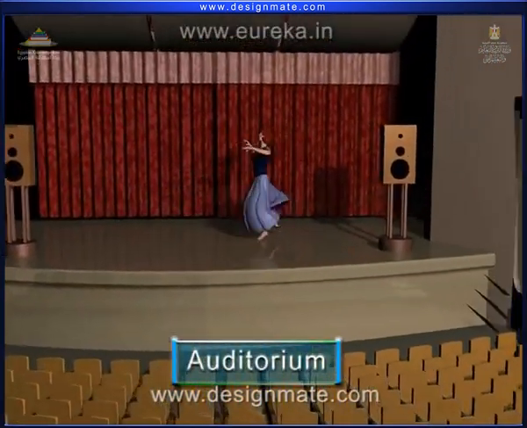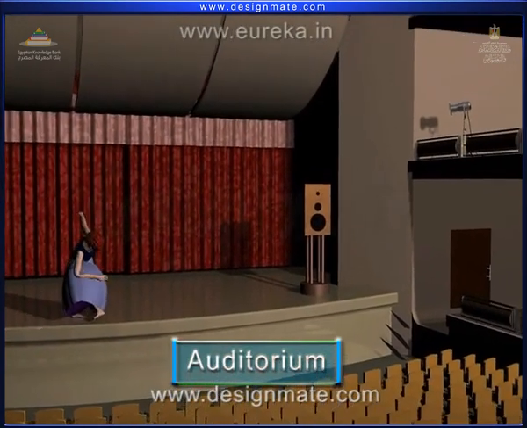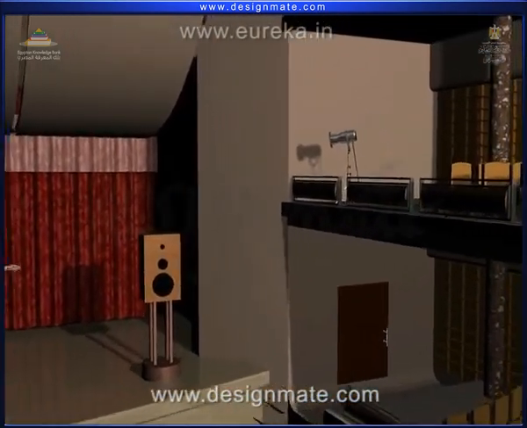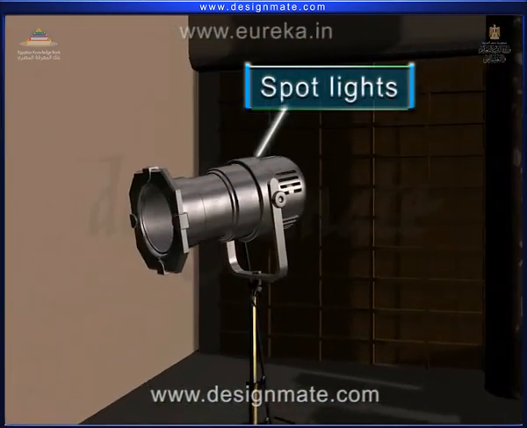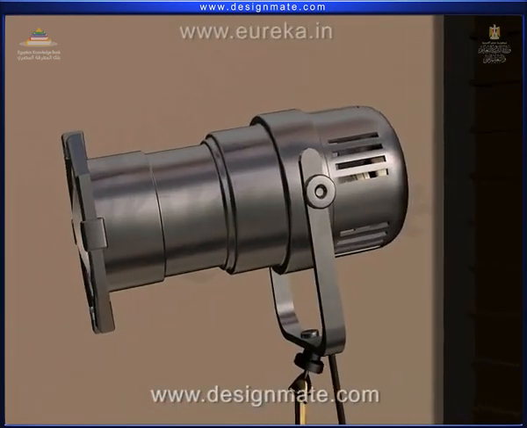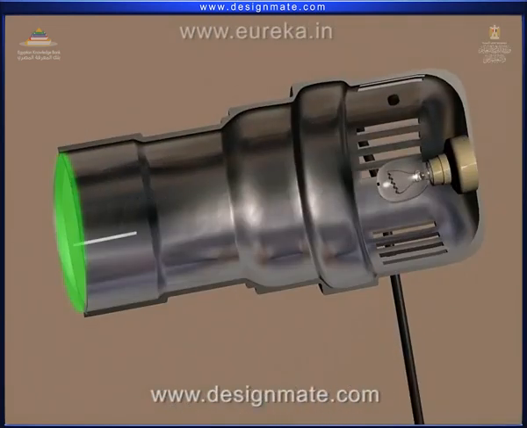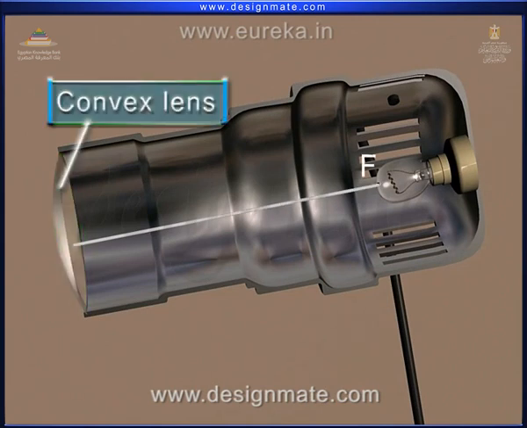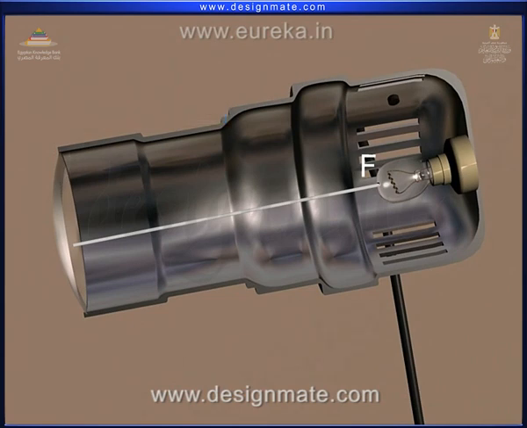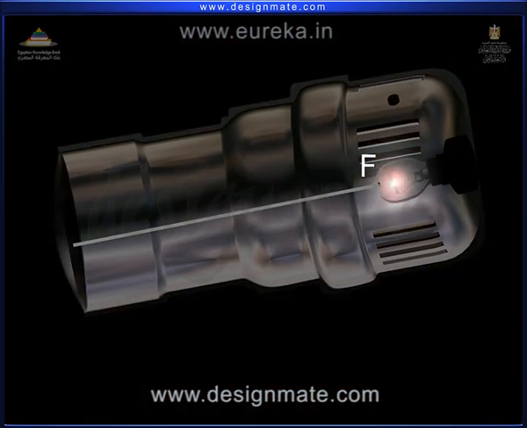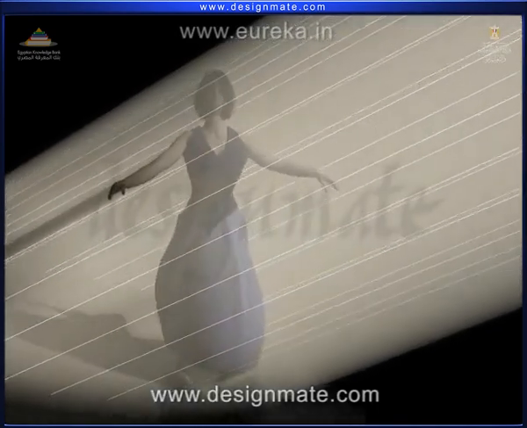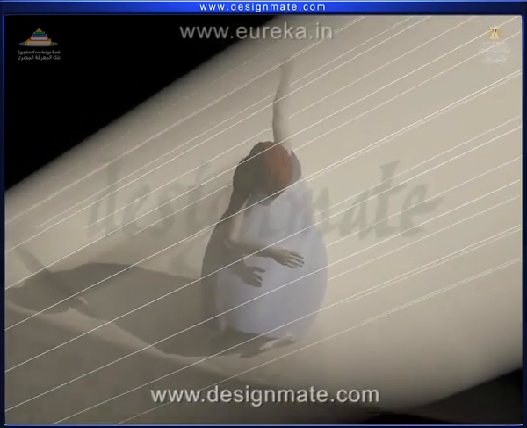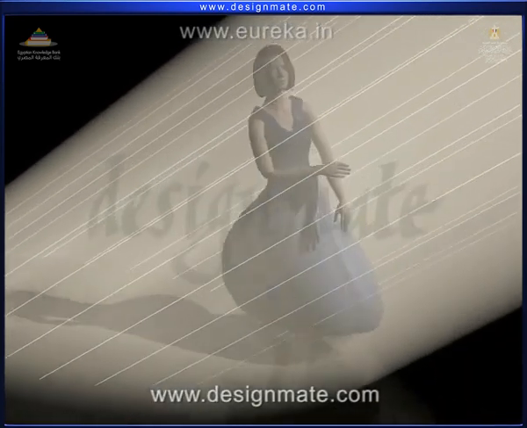You would have seen an auditorium. Do you know what is so special about the spotlights used in an auditorium? In such lights, the light source is kept at focal length of the glass cover, which is nothing but a convex lens. Now, when the light is switched on, light rays from the source pass through this lens, and they tend to travel quite a long distance. Due to this characteristic, they can be effectively used to focus intense light on a person on the stage.